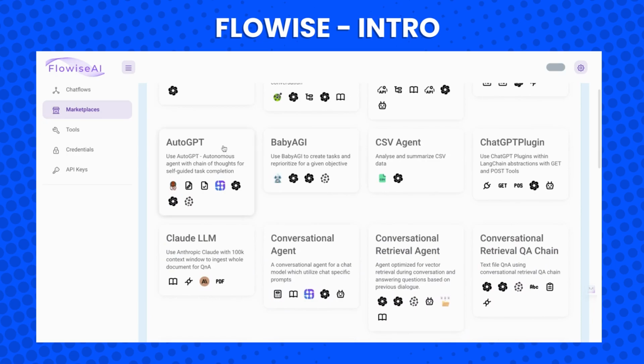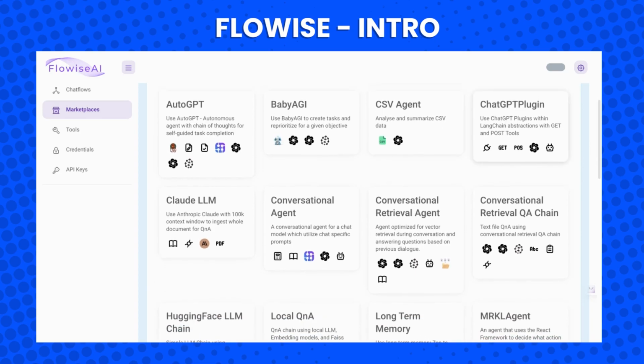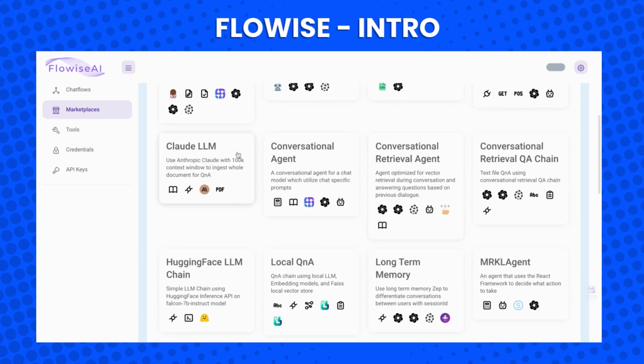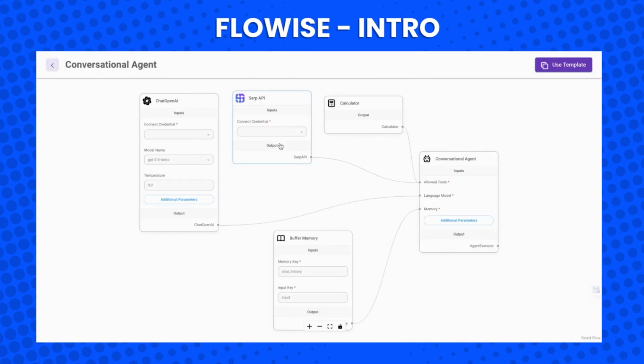They have Auto GPT. This is an extremely cool model, and you can analyze a CSV file and make plugins for ChatGPT and so on. And here you are using Claude, a large language model. There's a lot of stuff you can do here, and if you click on that, you need to